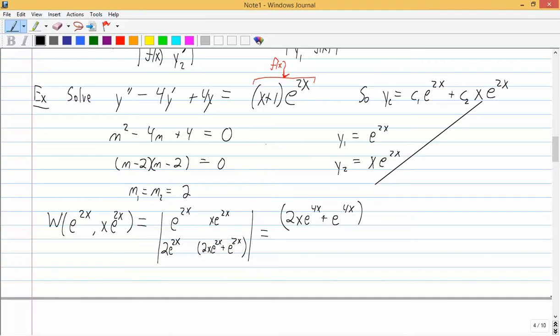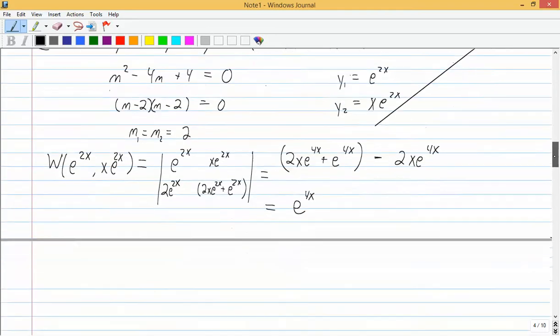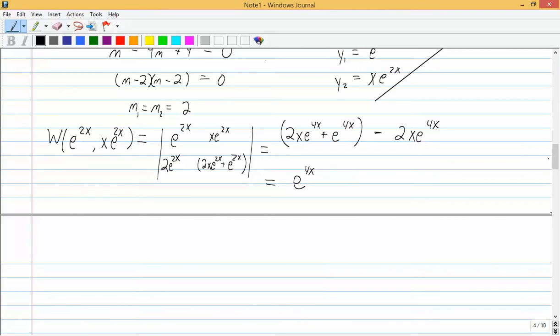All right, so it's that minus this product, 2x e to the 4x. So right away, you can see this term and this term are like terms. E to the 4x. All right, so we have found